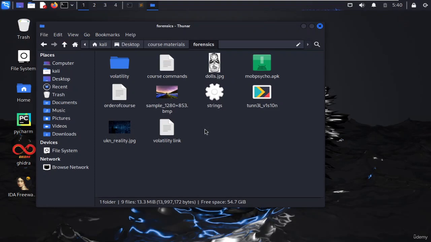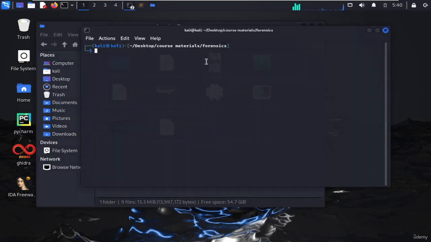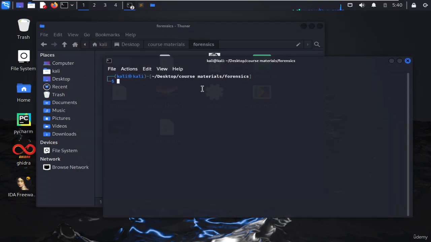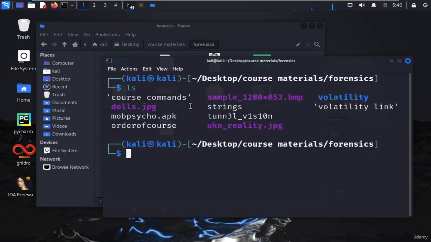Now let us start with the next challenge. So the next challenge that we are going with is this file. You can get this from the resource section. Let me open the terminal here and let us see what this file is about. So let me zoom a little bit. I'll do ls and I'll just say file to get the information, and the file we are dealing with is